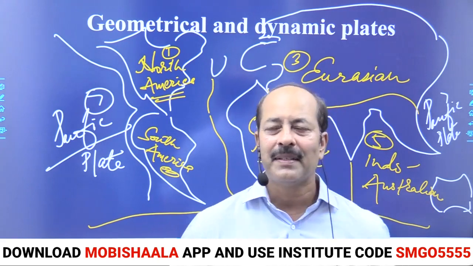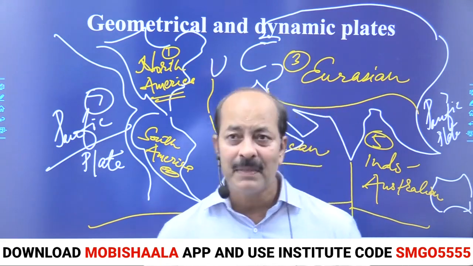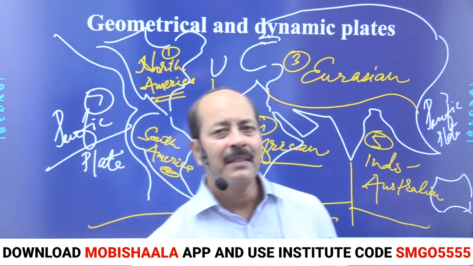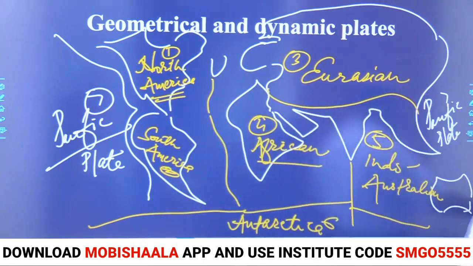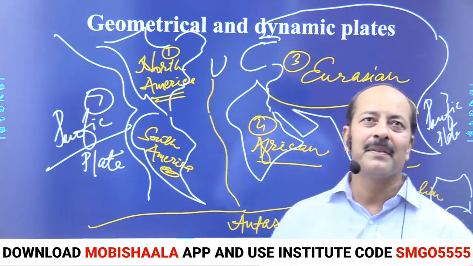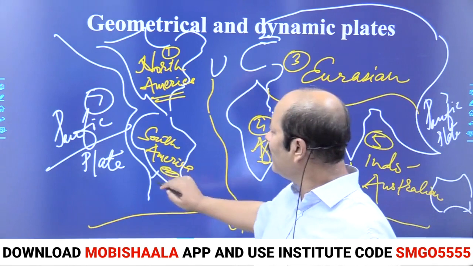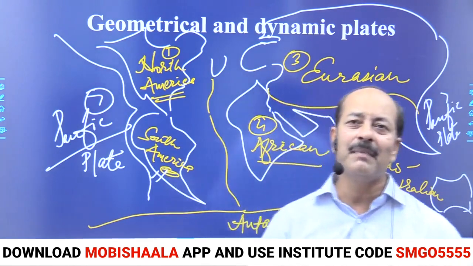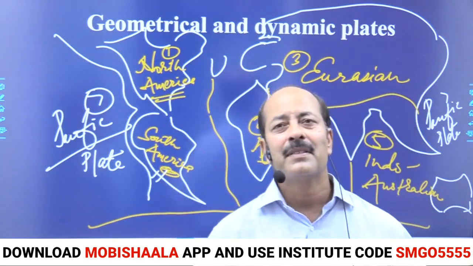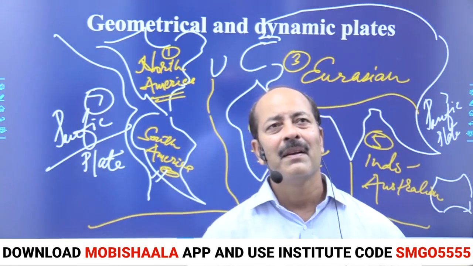The first one you write, the first major plate, write North American plate. According to number we can write, the first is North American plate, the second you write South American plate,